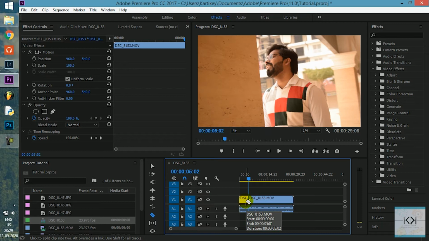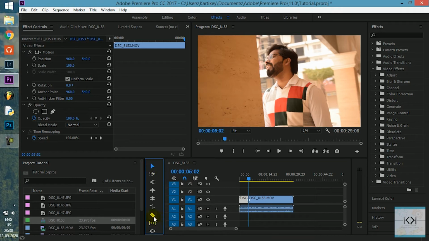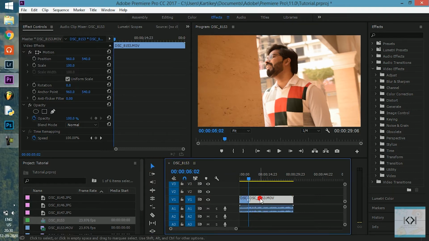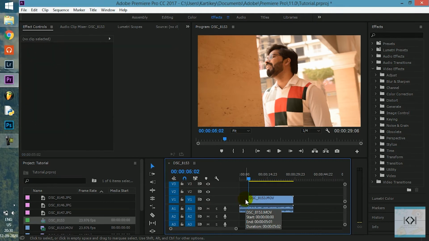To delete it, I can right now press the delete button, but in some cases the right section, the section that you want to keep, gets selected. So you go back to your selection tool by pressing V. Remember, C is for cutting and V is back to selection. Suppose the wrong area was selected when you cut from here. You need to activate the selection tool and select the area that you actually wanted to delete. Now you can press delete, and that unwanted section of the video is chopped off.